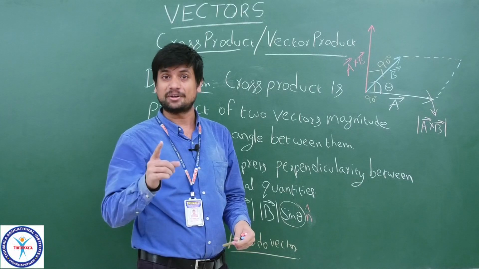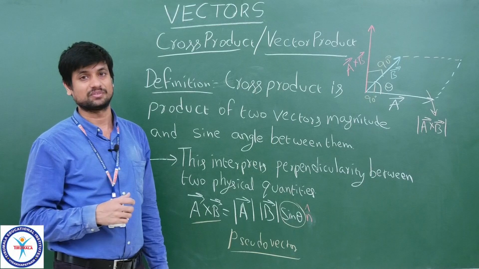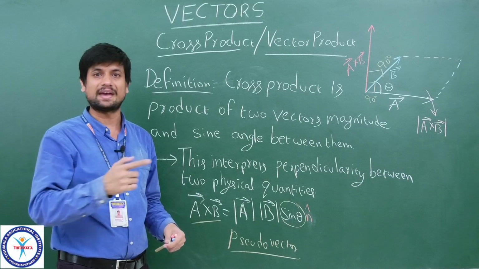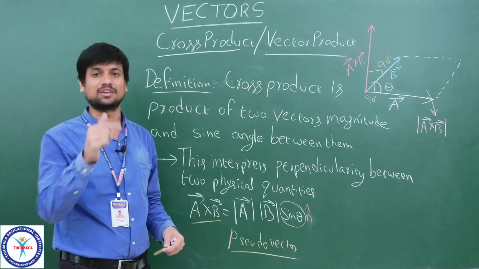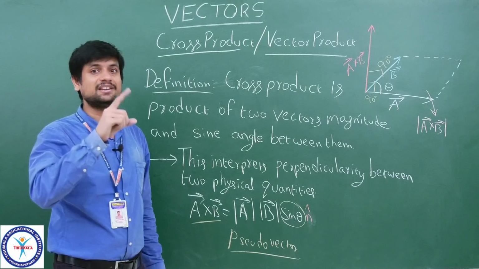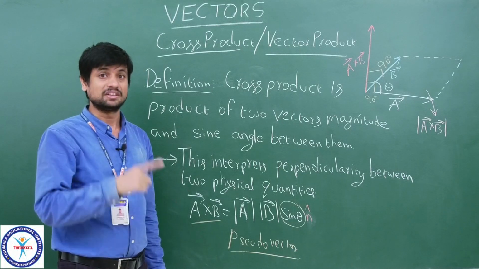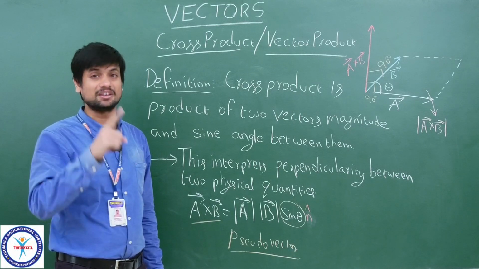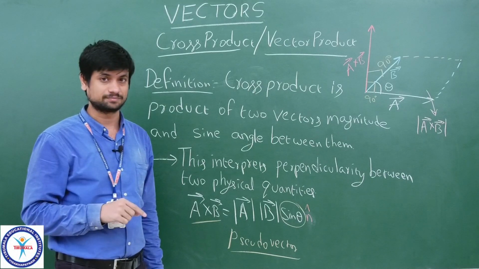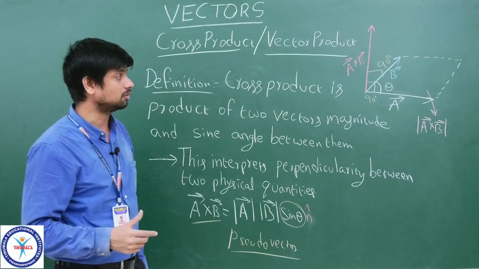If you take per unit volume, per unit area, then that is the vector field. Same physical quantity. One physical quantity we are taking so many times, so that is being varied along the positions in that field. So in those types of cases, we require area as a vector. I told you in the starting session of vectors, area can be considered as a vector, imaginary field area, not the surface area, children. Imaginary field area can be taken as a vector. Yes, that is possible in this way.